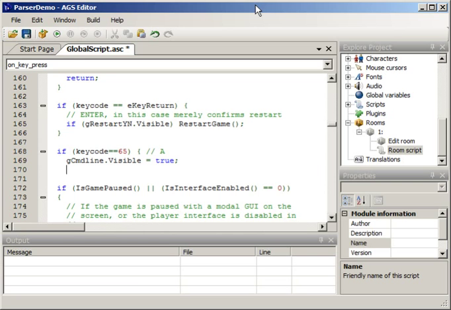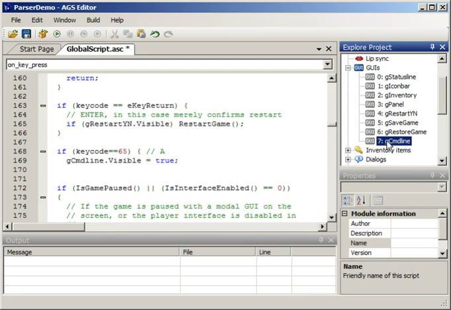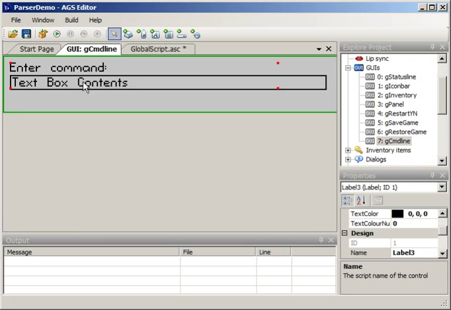Now, hold on, what's the name? What did I name the, if we come back here to our GCMD line GUI, what's the name of this text box? Wait, no, that's the label. Actually, let me make that label smaller. That label doesn't need to be that big. Okay, here's the text box, and actually, we should call it something more logical than text box 1. Let's call it CMD box. Yeah, I think that's what I called it, because this is the box that actually will take the